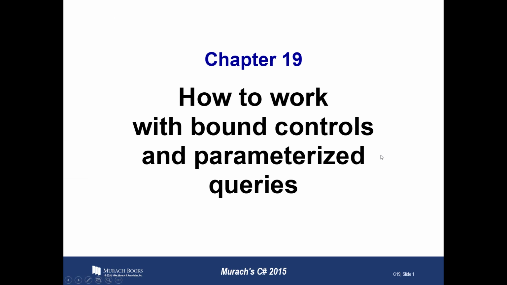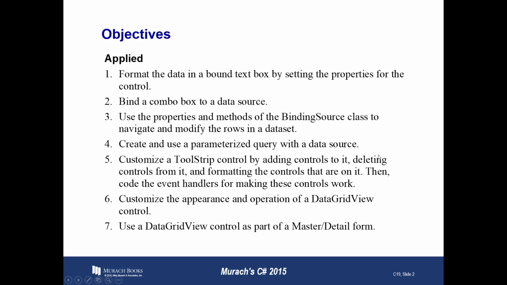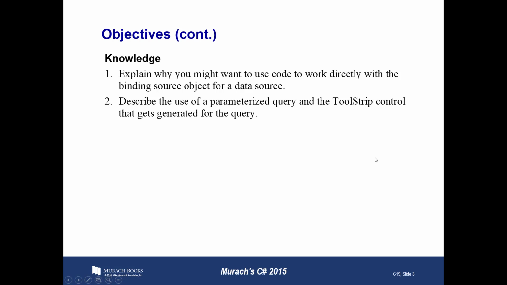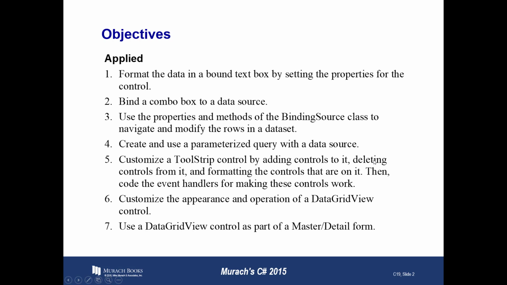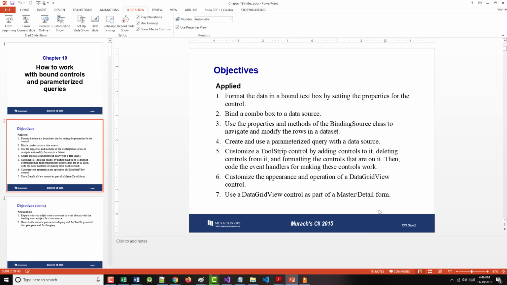So, how to work with bound controls and parameterized queries. Notice we have 7 applied objectives and 2 knowledge objectives. First, format the data in a bound text box by setting properties for the control. Bind a combo box to a data source. Use the properties and methods of the binding source class to navigate and modify the rows in a data set. Create and use parameterized queries